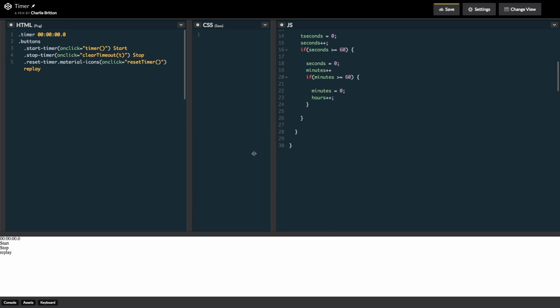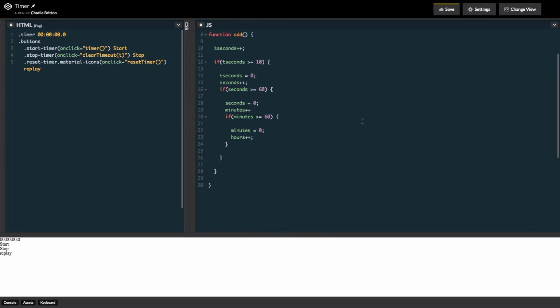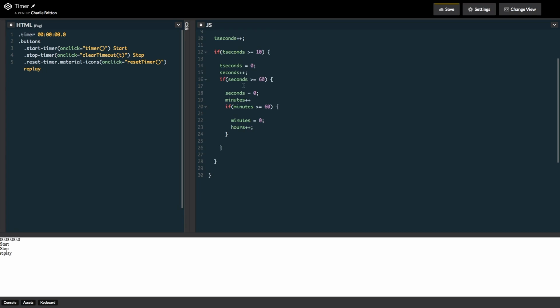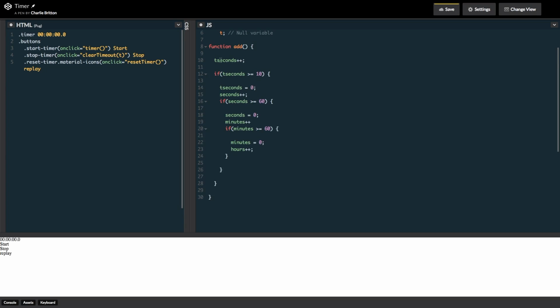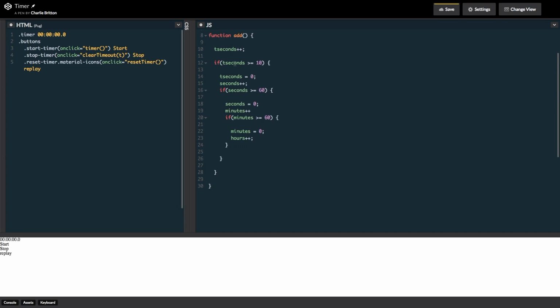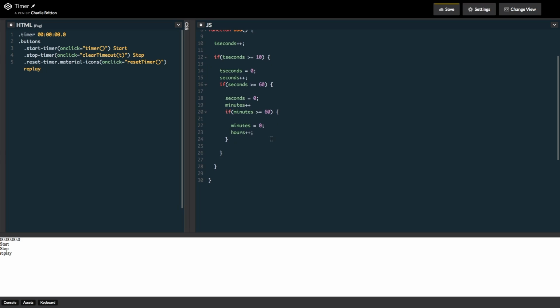So we're actually going to make our code window a little bit bigger here, and then okay. So we've got our add function so far, which every time it's called, it'll add a 10th second on, and then if it becomes a full second, it'll reset, and so on and so on. Anyway, once you've done that, you're going to want to come out of this bit, but stay within the add function. And then we're going to want to set the current time